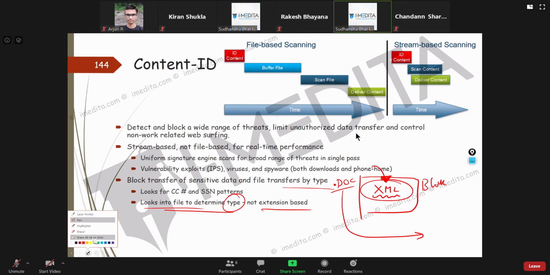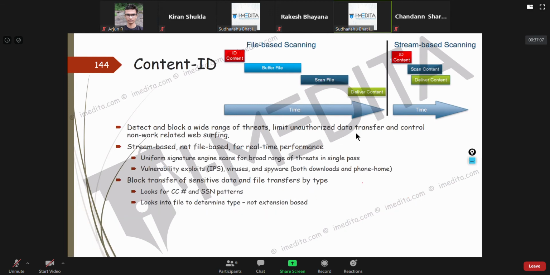Also, sometimes suppose we have allowed downloading JPG, people will rename a .xml file to .jpg so that it's allowed to download. It still won't be downloaded because Palo Alto determines the file type based on the contents of the file.